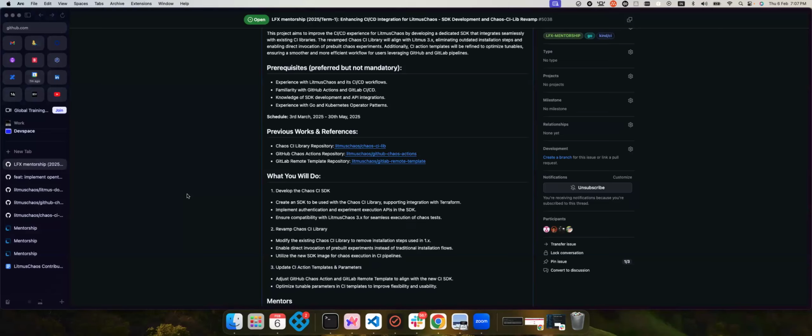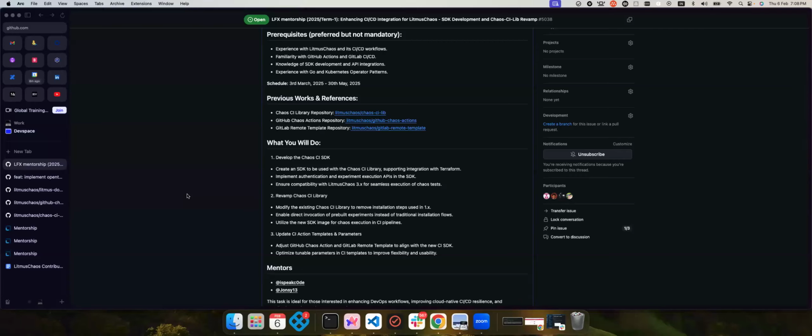It's also mentioned as part of the roadmap item, but this is one way we are heading, looking at it from this angle. So an SDK where you can implement authentication and experiment execution APIs, which can help with all sorts of generation and everyday activity, and you can expand more on it. Similar to how we are doing the Java SDK, and also we already have the LitmusChaos SDK. So similarly, we have to create an SDK on top of this Chaos CI, which can help with this pipeline chaos. Once we have the SDK, we'll use that SDK to modify the CI lib.